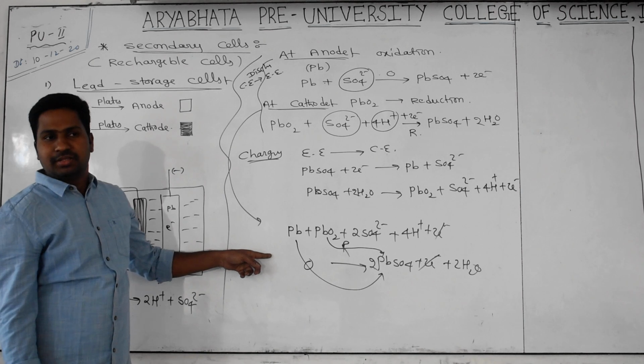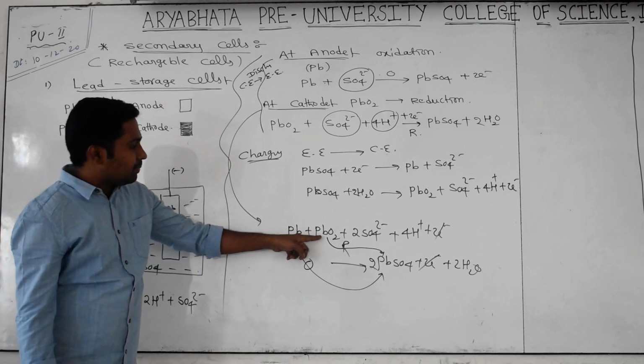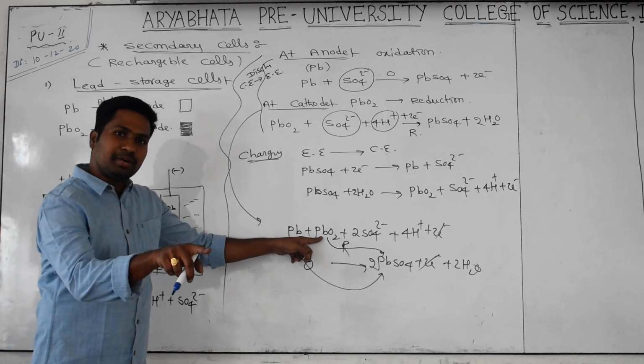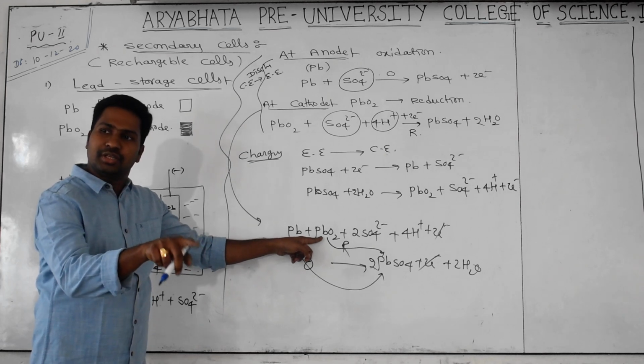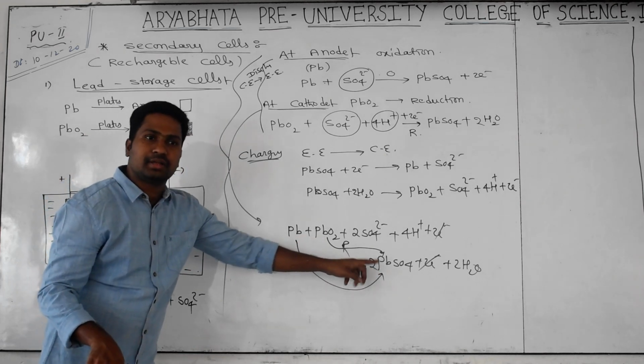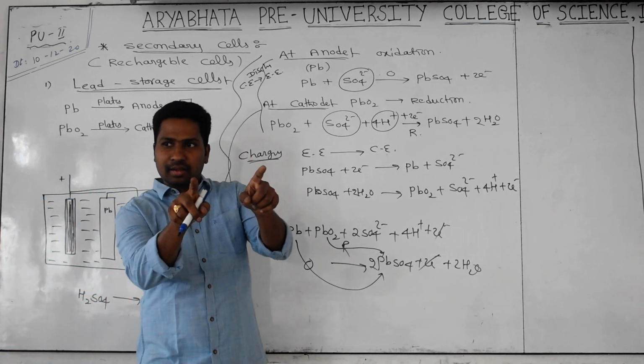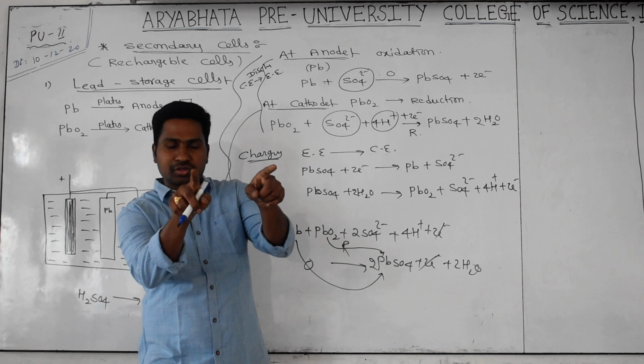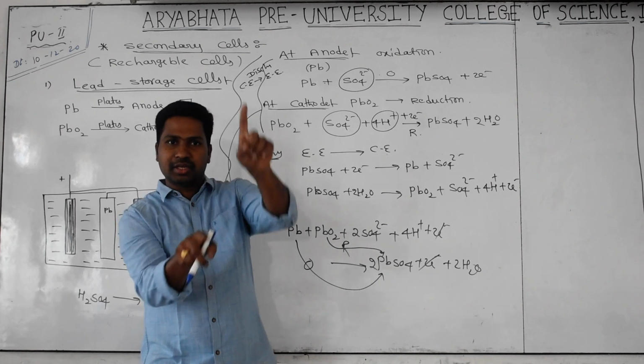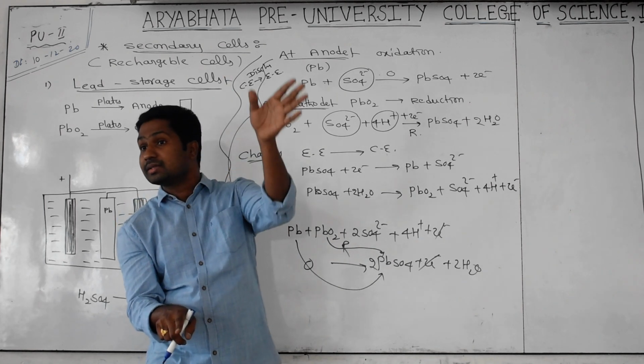Redox reaction types. The same element with two different oxidation numbers undergoing a redox reaction gives only one product. That is an example of the comproportionation reaction. When the same element with different oxidation numbers is involved in the redox reaction and gives only one product, that is called comproportionation.